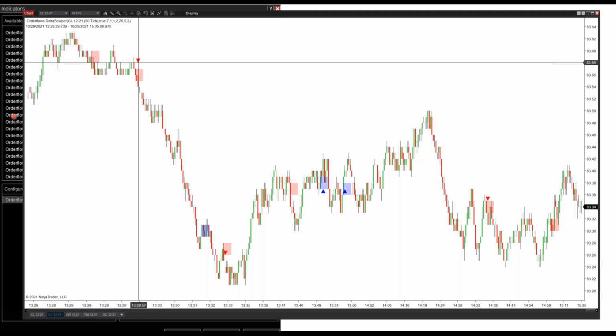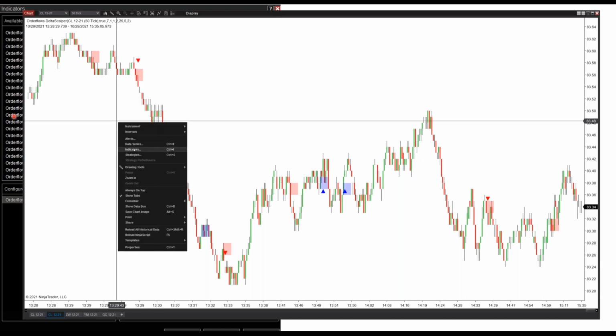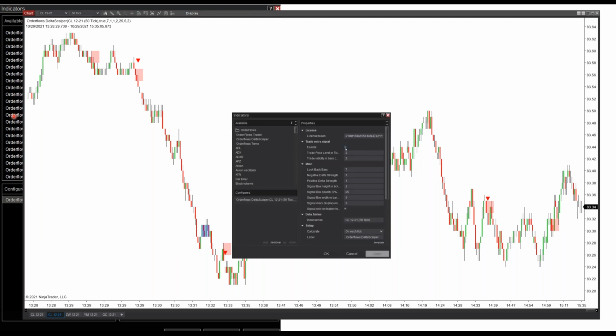If you're using the trade entry signal, it's only going to appear when those conditions are met. Now, for example, here, right, trade entry signal is on. So if I disable it, okay, notice there's no trade entry here, right? There's no buy signal here, right? There's no sell and no buy at this top here and this blue here. But if I disable it,